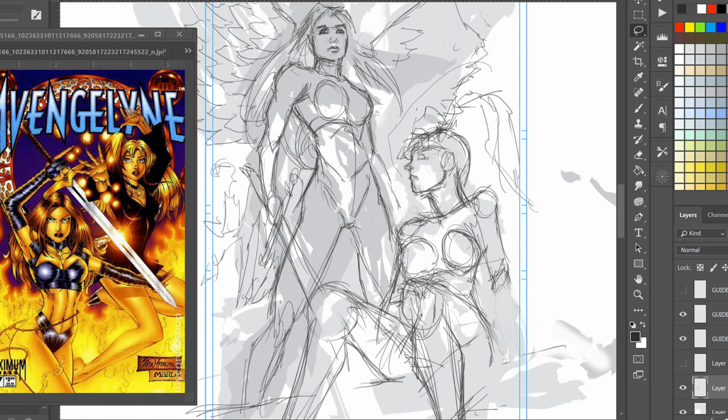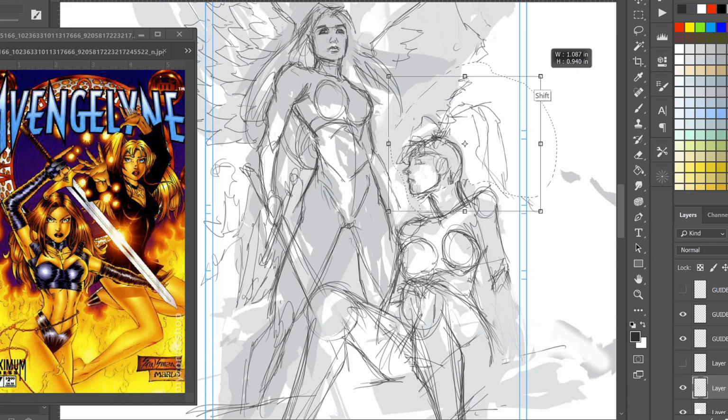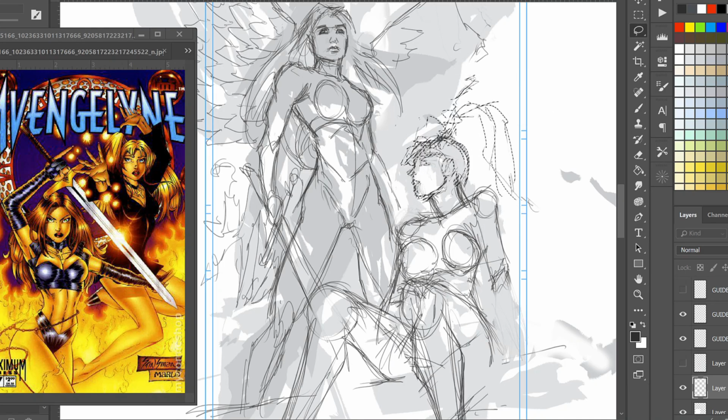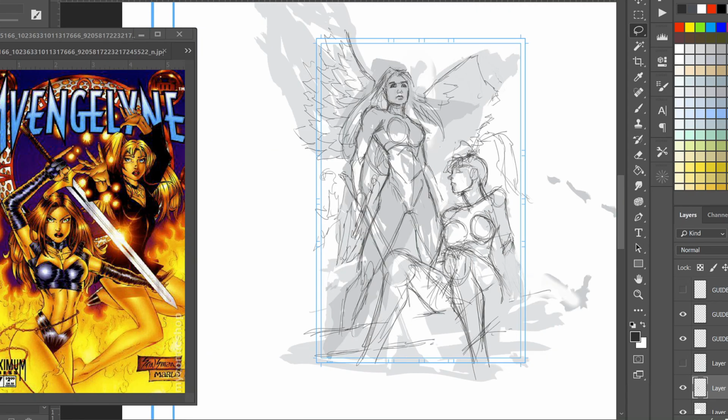Head's a little bit big, even though she's young. I think the head's a little bit big for the frame that I want. So we're gonna then